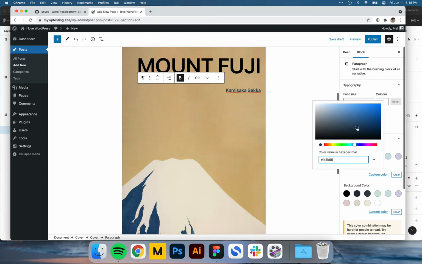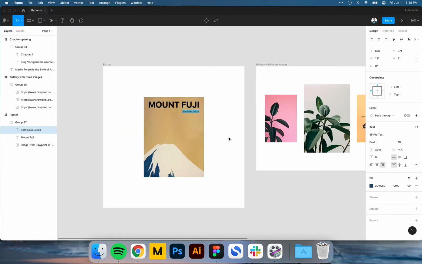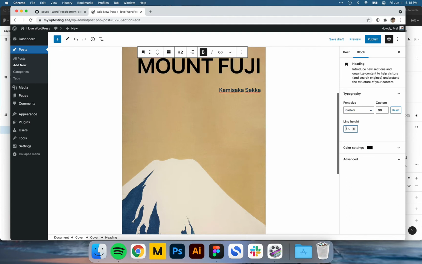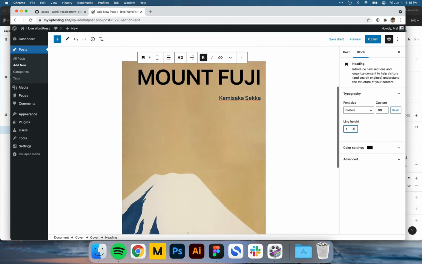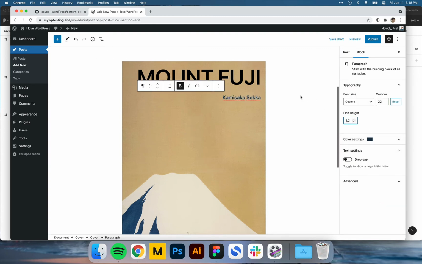Might actually make it just a little bit darker. Maybe like that. Okay. So that was, not 1 pixel, it's 18 pixels. Was it 18? Yeah, it's 18. That looks pretty small here though. So I'm going to bump it up a little bit. And what I'm going to do actually here is reduce this line height so they're a little bit closer. Start with, maybe we'll just do 1. And that seems pretty okay. I'm going to drop this down actually just a little bit more. And then maybe, let's see if that looks a little bit better, that line height. So a lot of this is just kind of playing with it and seeing how it looks in context.